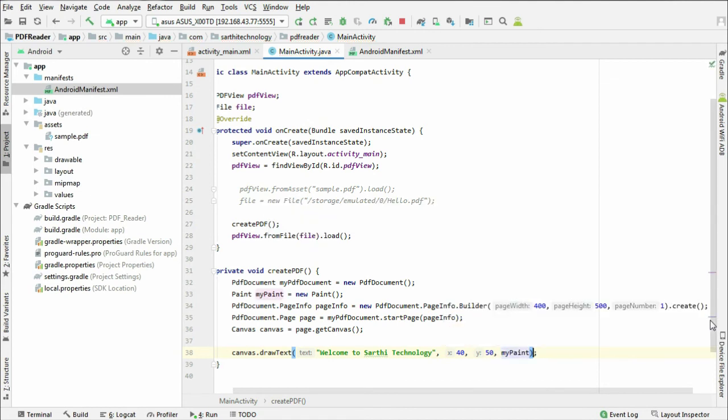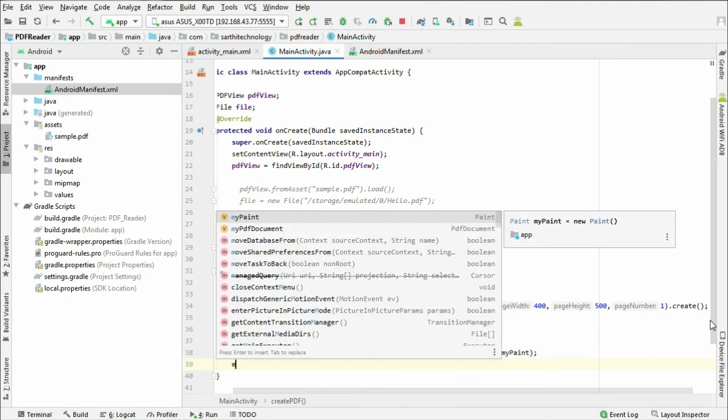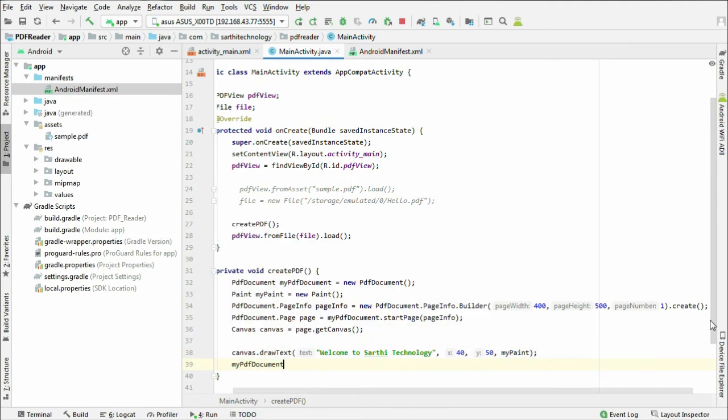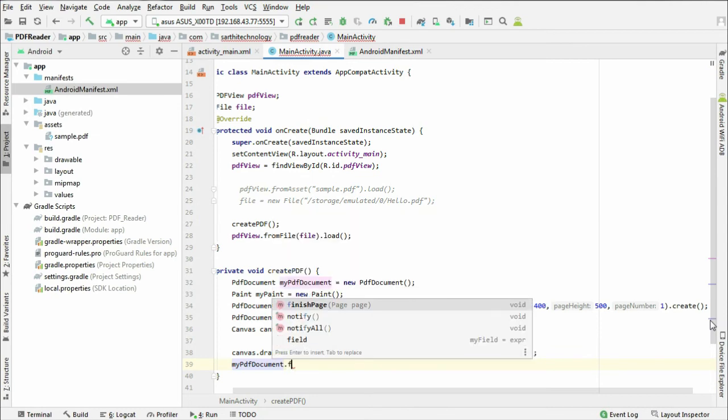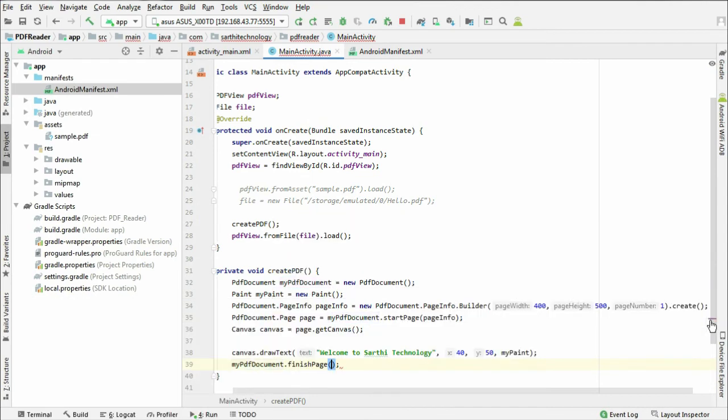Okay, now my PDF document dot finish page.